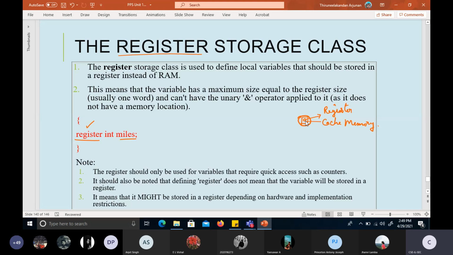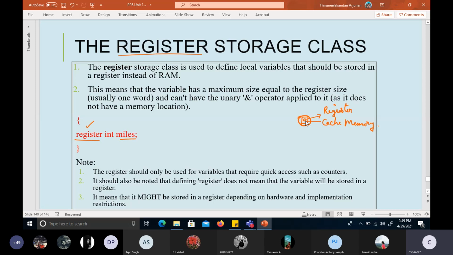So we can demand, but the computer decides whether to grant it. The register storage class is used to define a local variable that should be stored in the register instead of RAM.